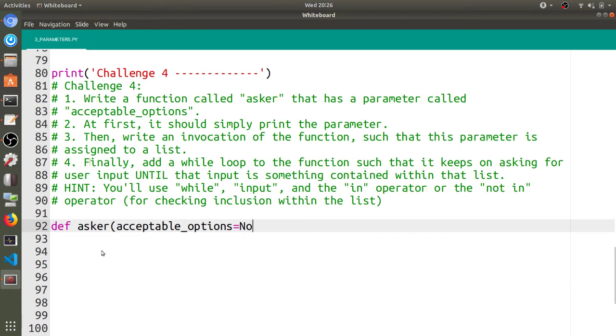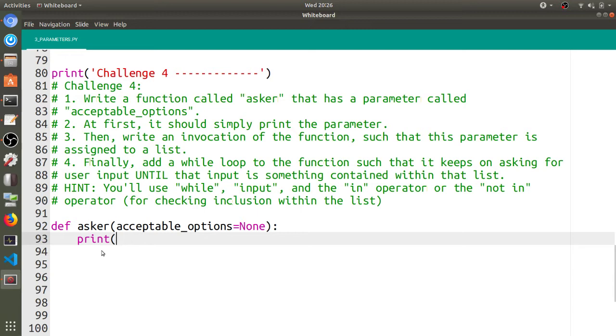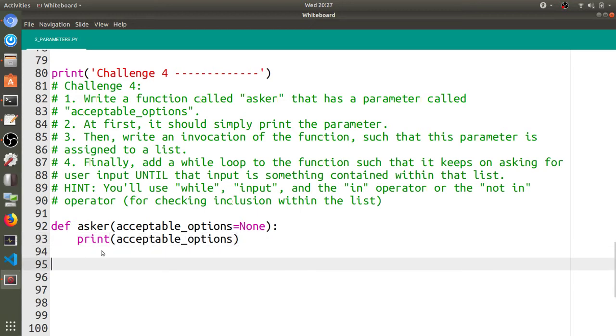And we can just do None for now, I guess. We don't know what that'll be. At first, I should just print the parameter. Okay. Then write an invocation of that function. To invoke a function, we write the name of the function followed by an open parenthesis, such that the parameter is assigned to a list. So we could do, for example,